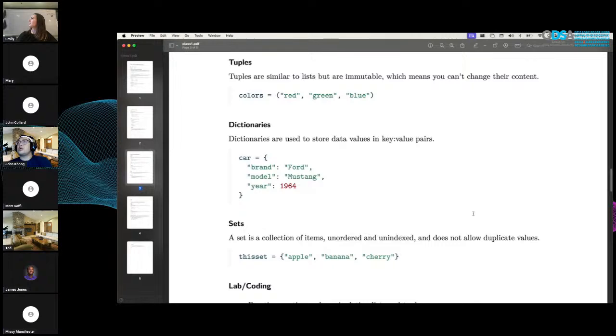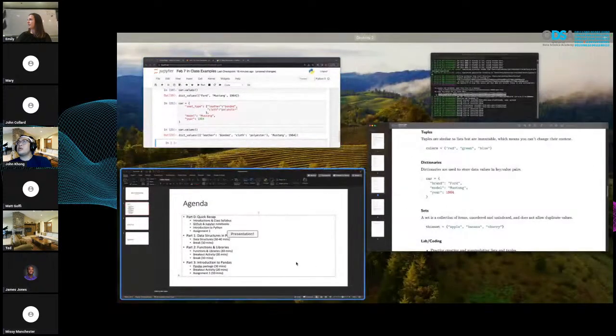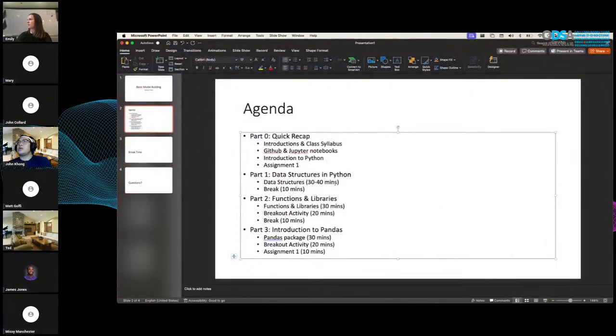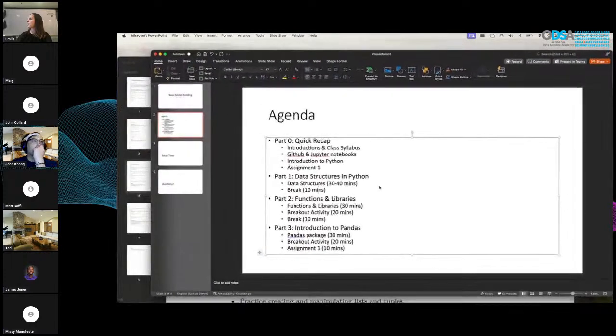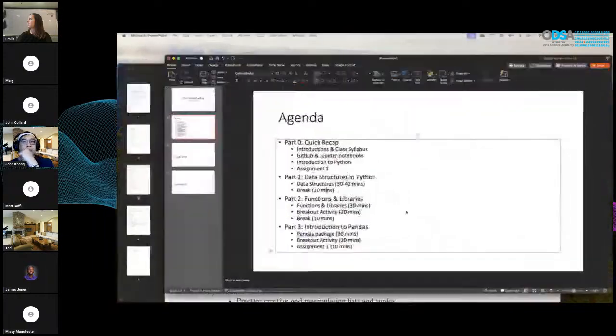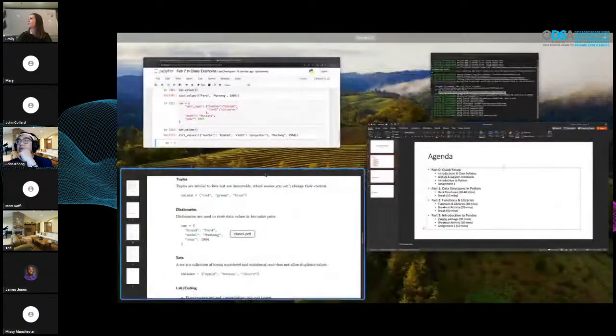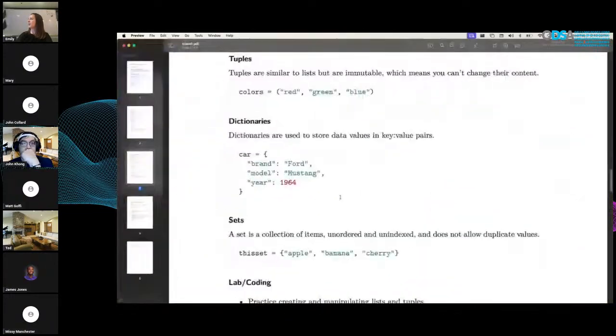All right, let's see. Okay, so data structures, we're doing well. We're going to take a break here shortly. I may take some of our function and library time to dive more into data structures, and that's okay, because I want to show you guys